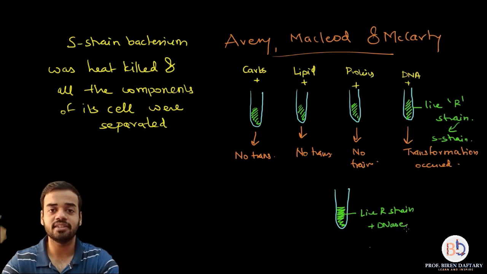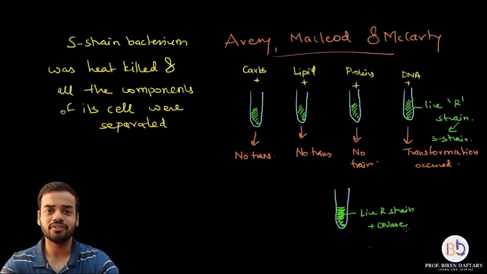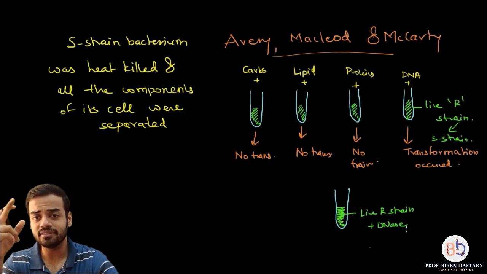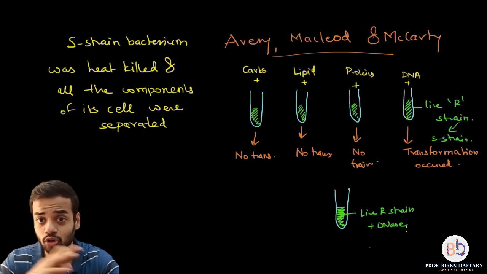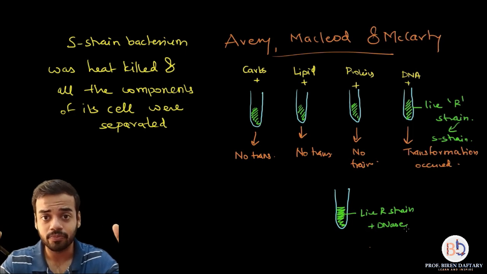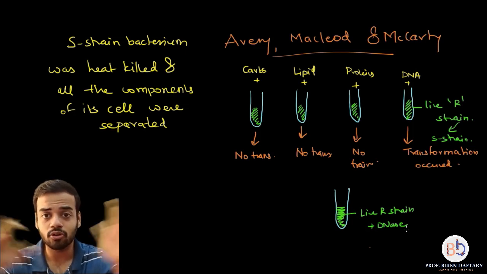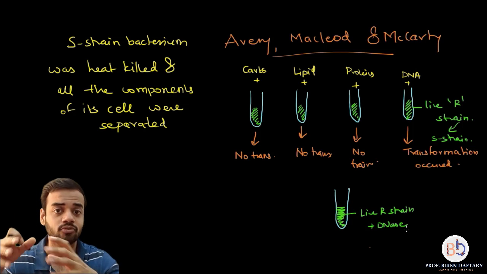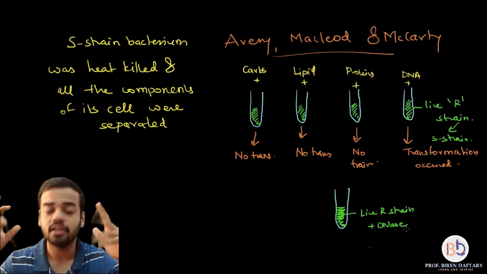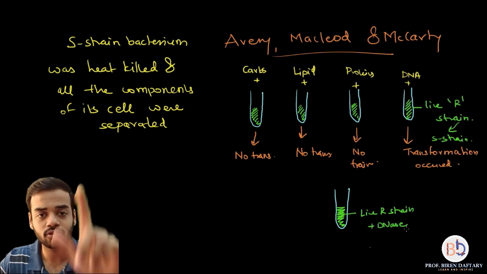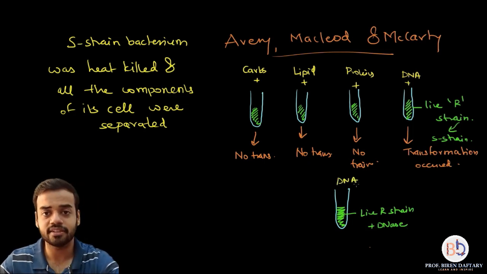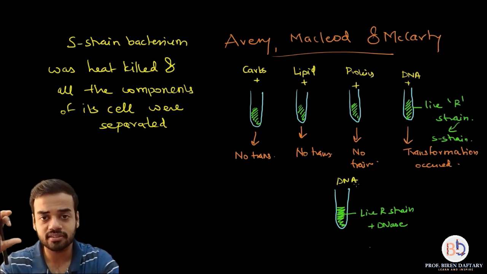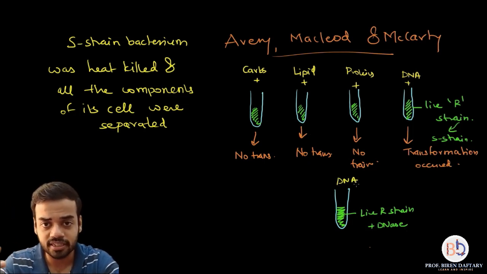Okay, so this mixture is live R strain plus DNase. What is DNase? DNase is a type of nuclease which cuts the DNA. Okay, but please remember the DNase which was added here would only cut the DNA of S strain, not the R strain. Okay, I hope you understand this. So it is not going to affect the DNA of the R strain, it is only going to affect the DNA of the S strain. And to this, what did they add? Again, your original thing, they added the DNA from the S strain. So the mixture is R strain bacterium plus DNase, and to that mixture they add DNA from the S strain.